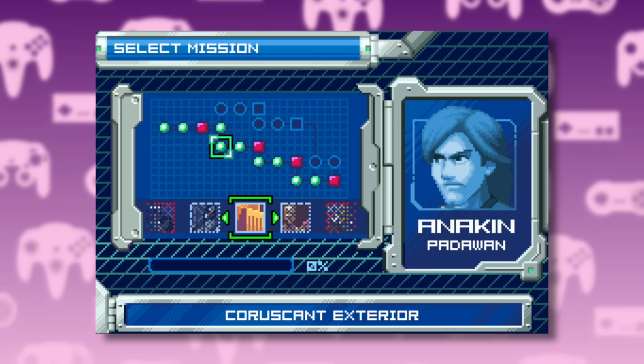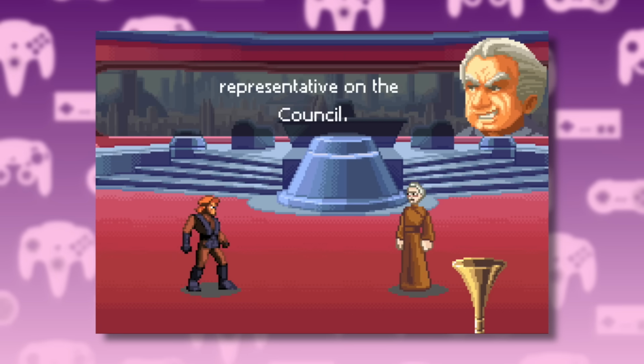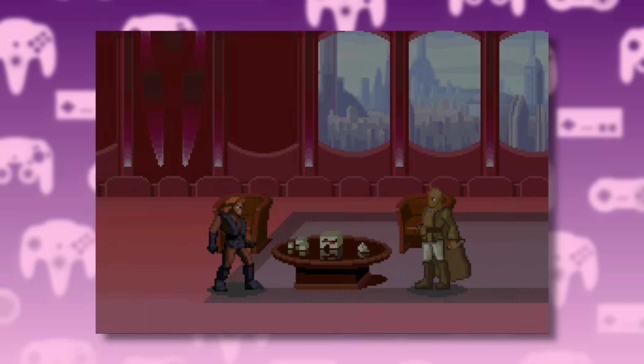the characters' paths diverge. Anakin gets a scene where Palpatine appoints him to the Council, and then one with Mace